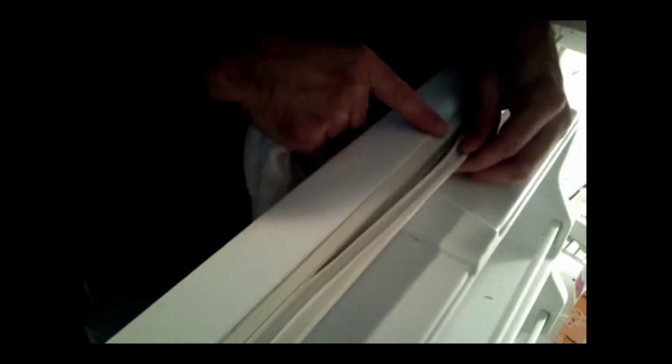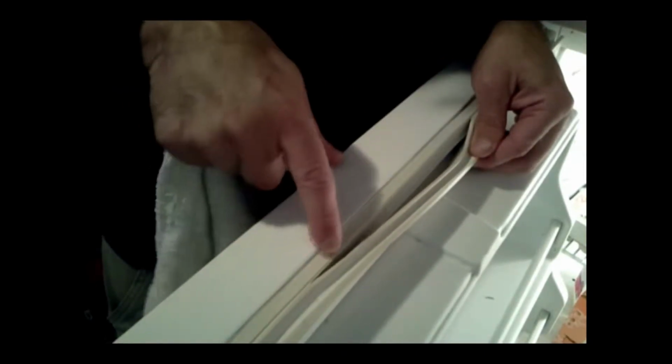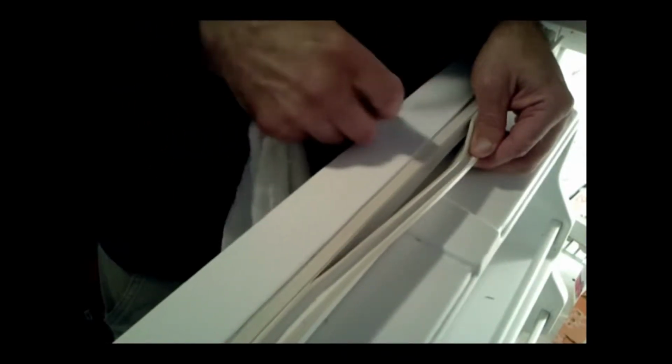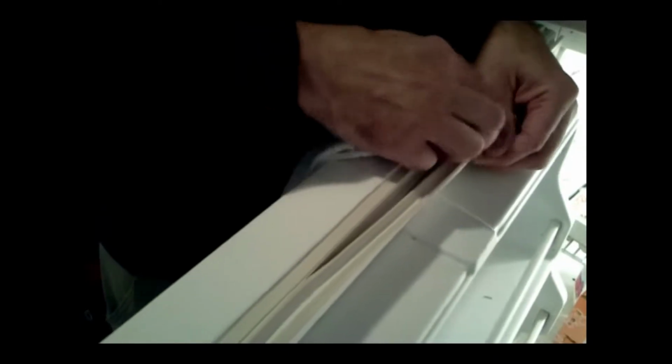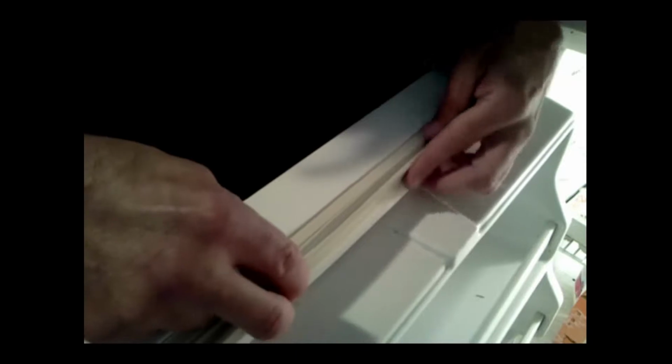These rubber gasket seals that go around your freezer and refrigerator doors can get cracked with time. So what you want to make sure you do is clean out all of this ahead of time with vinegar or bleach along the seams and get all that gunk that is going to be in that crack, because it's been in there for a while probably, and make sure this is good and dry. And what we're going to do is put a bead of silicone sealant along that seam right there. And then we're simply going to close the refrigerator door, and that's going to create enough of a seal to